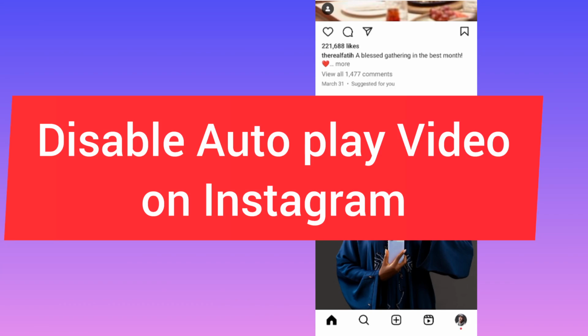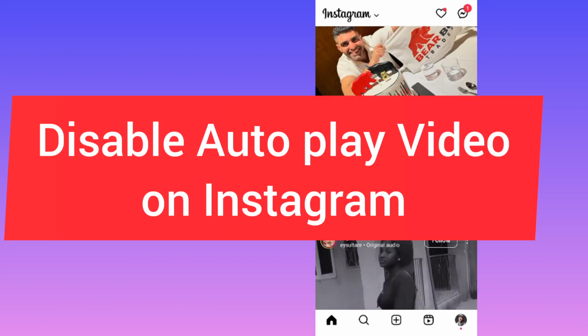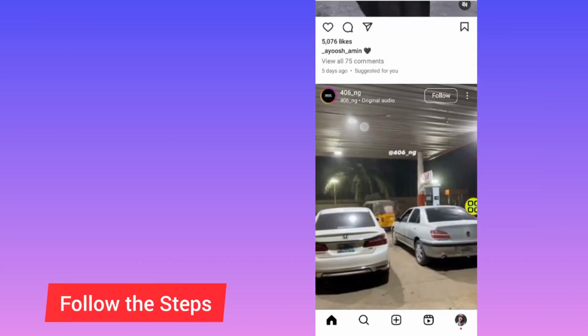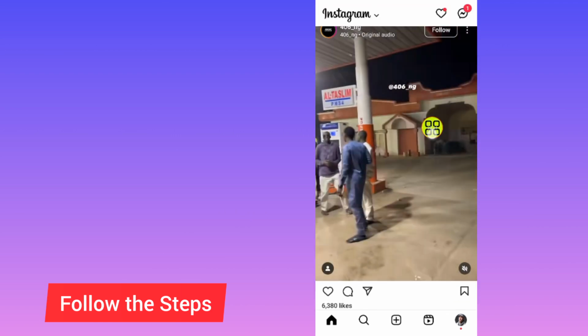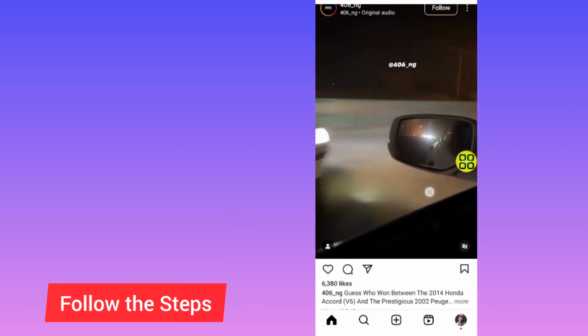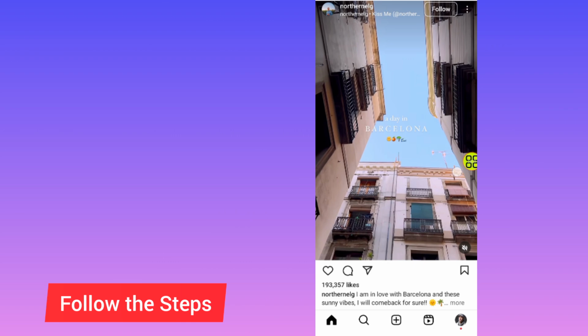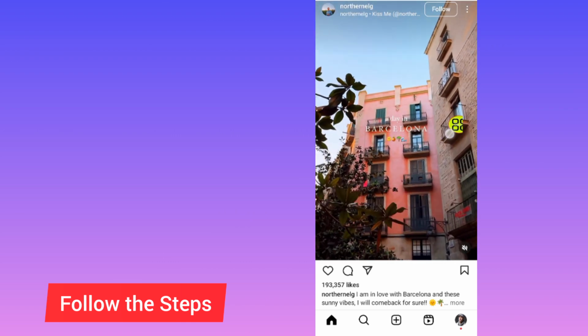How to disable autoplay video on Instagram. So to do that, as you can see now, if I open my Instagram, all these videos are just autoplaying on my Instagram. So to stop all this autoplay video on your Instagram, all you have to do, after you open your